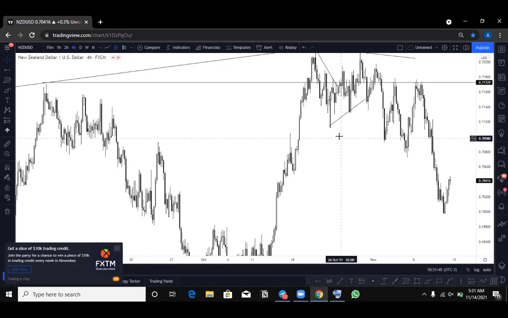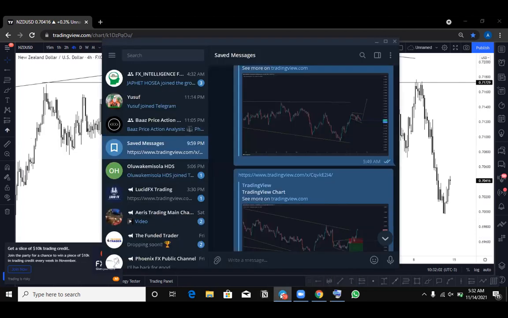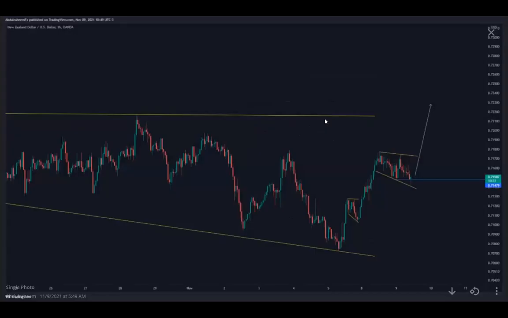Anyway, that's fine. I've explained to you what you could have done wrong there. In terms of the valid setup, I think the setup is valid, is correct, but I would have preferred this large flag somewhere here. You see the area. From this area, I could move and take profit and lock in more profit when it gets to this high. So if this pattern was here, I would have taken it.